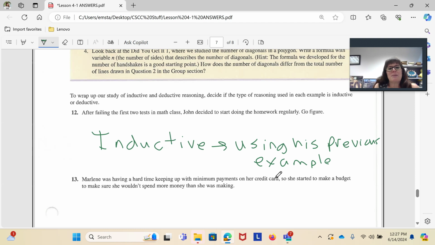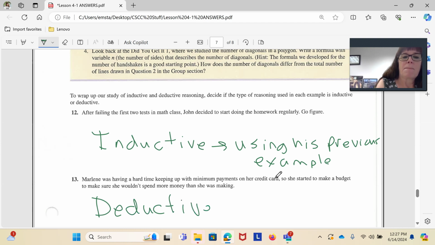Marlene was having a hard time keeping up with minimum payments on her credit card. So she started to make a budget to make sure she would not spend more money than she was making. That one's deductive. And the reason it's deductive is because it's a known fact that spending more than you make